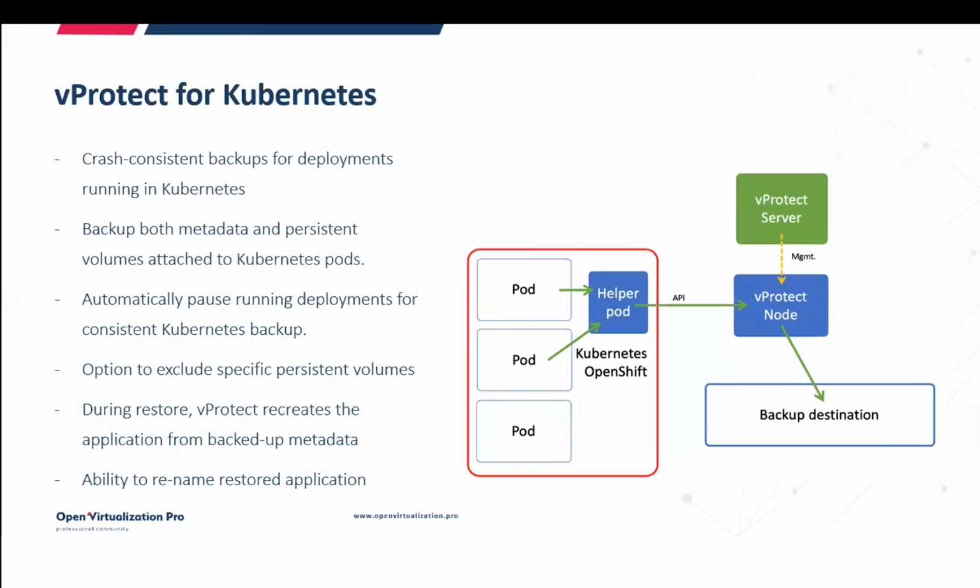All right, thanks, guys. So what actually happens during a vProtect backup for Kubernetes? vProtect automatically pauses those running deployments to make sure that those backups are crash consistent. And then the vProtect node creates a small temporary pod that attaches the persistent volumes from those target pods, reads that data from there to that data mover, that vProtect node, and then later passes that metadata information back